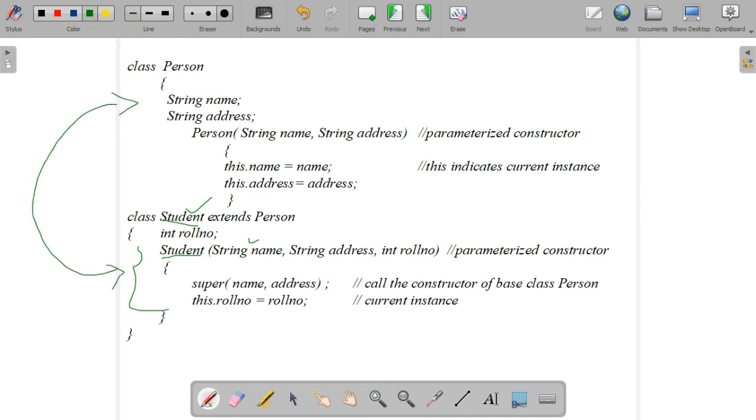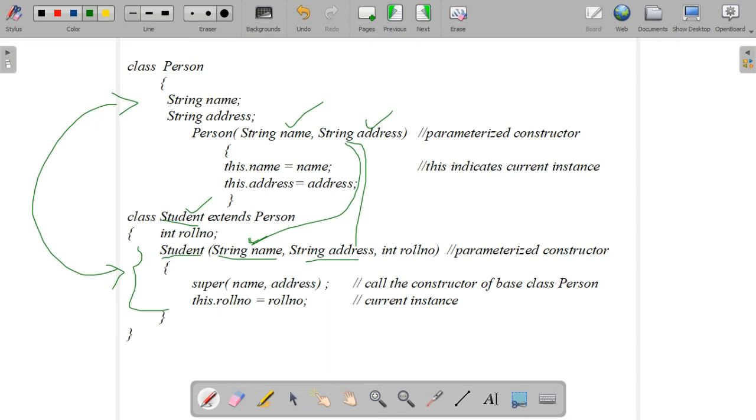Here we need to create the constructor of both classes. Both classes means the parent class and the child class constructor we need to create. So what are the parameters required for this parent class or the base class? Two parameters are there, is it? The same parameter or same data type should be used, but you can use a different variable. Okay. So string name and string address.